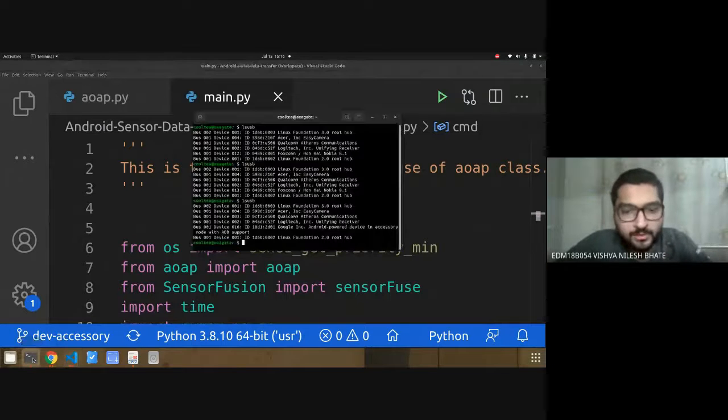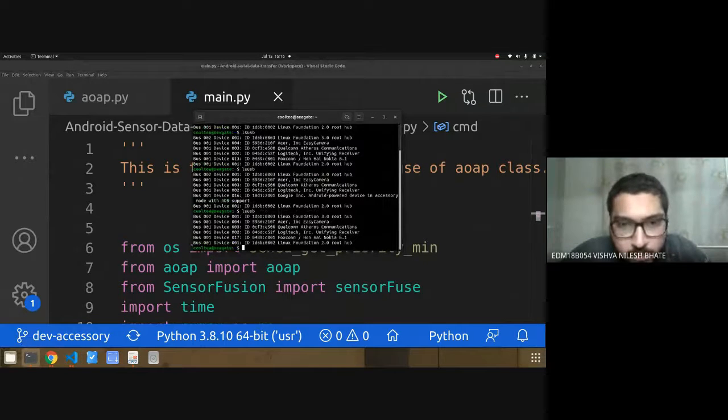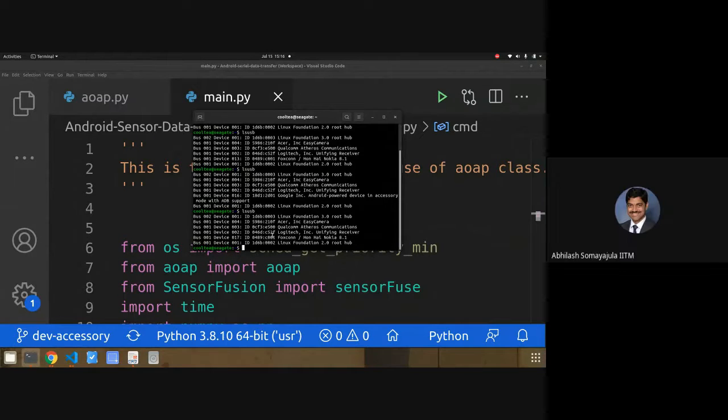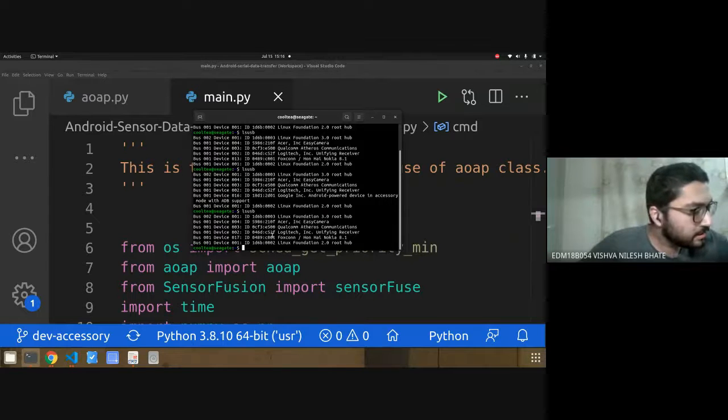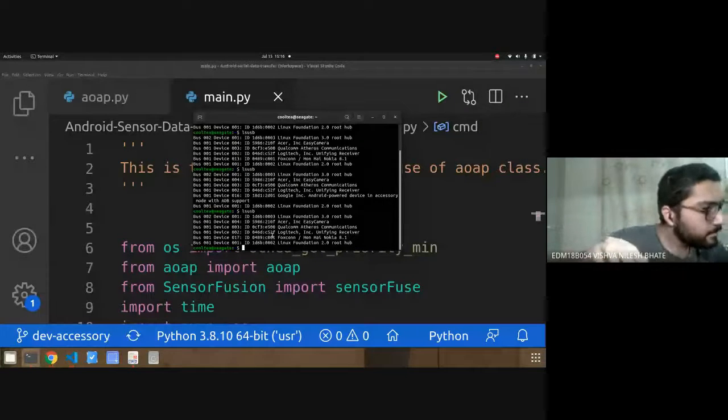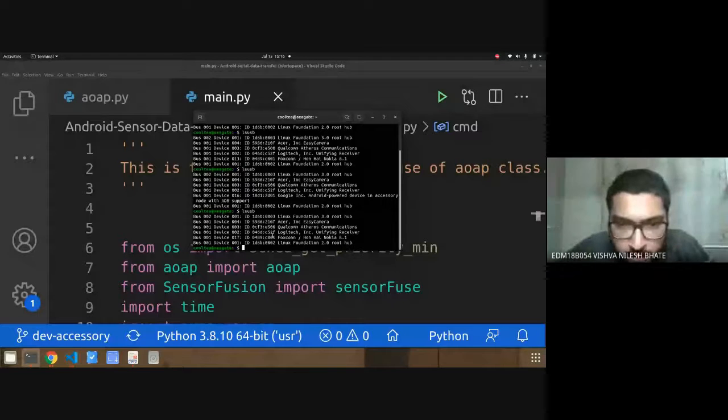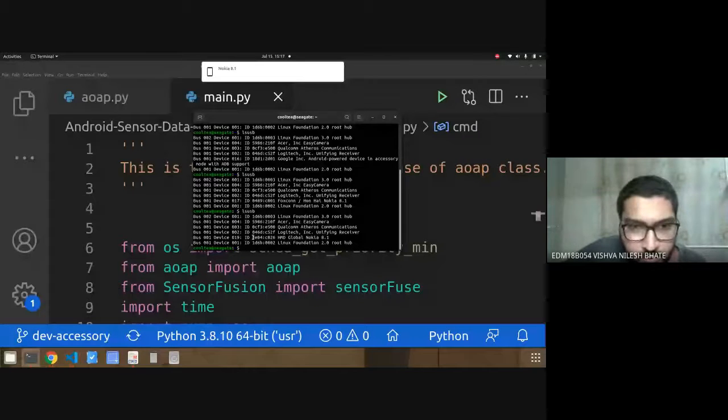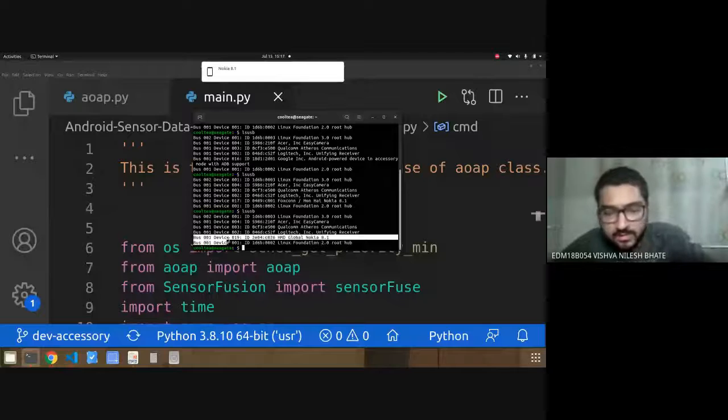Meanwhile, I'll show this. So right now I reconnected my device over here, and you can see, I don't know why this is getting changed a lot. Okay, it looks like now it is no longer in the accessory mode, because I reconnected the device. I just reconnected this, and now I just gave the permission for using. So over here you can see this is the VID and this is my PID in default mode. I think now this has stabilized.